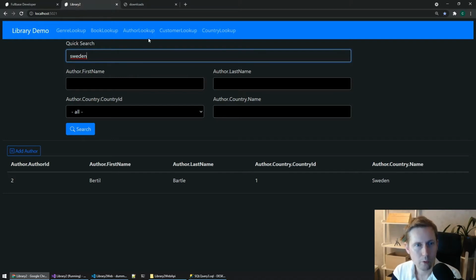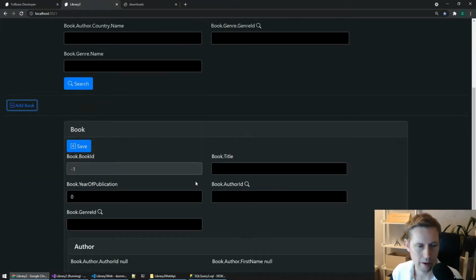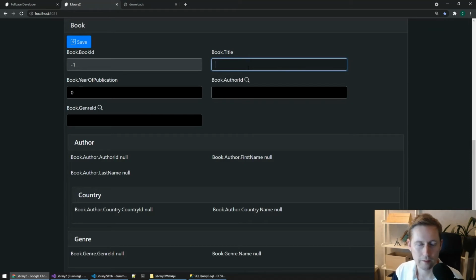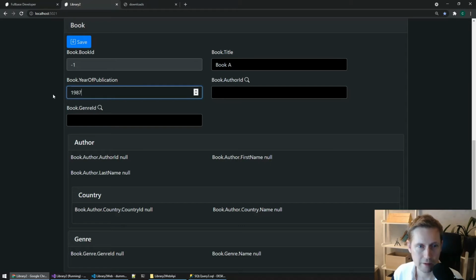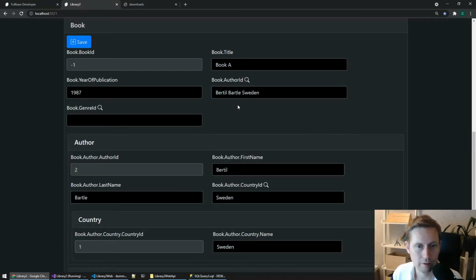So then we move on to creating books now. So we hit add book, and let's go for book A, which is from 1987, and the author is Bertil Bartel. And then we have this quick search autocomplete, and in this case it makes sense to have it, because there are so many authors in the world. Genre,